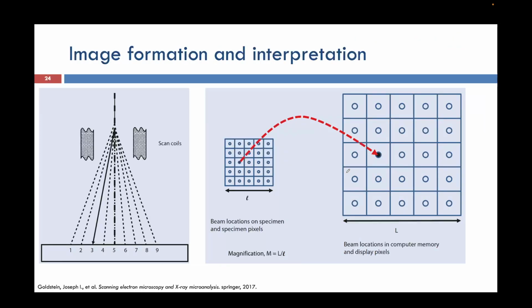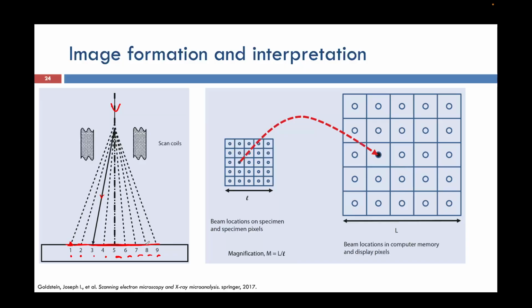And then we come to image formation. We have dealt with the backscattered electron and the secondary electron. Now, when we talk about image formation, how does it happen? Let's say this is my incident electron beam, and this solid line has different points, 1, 2, 3, all the way up to 9. Each point, it will start scanning,